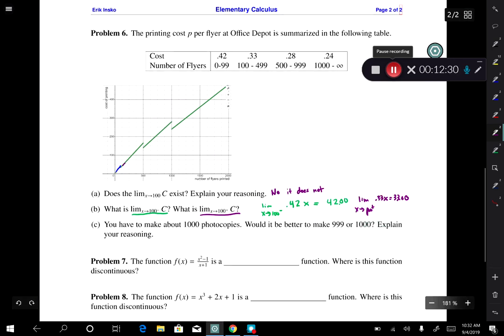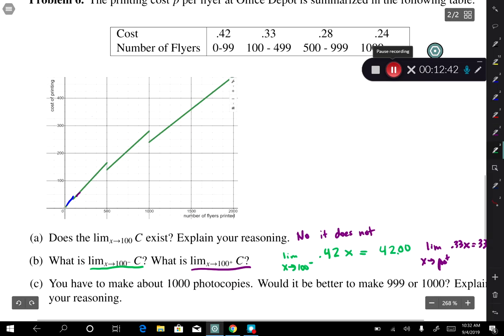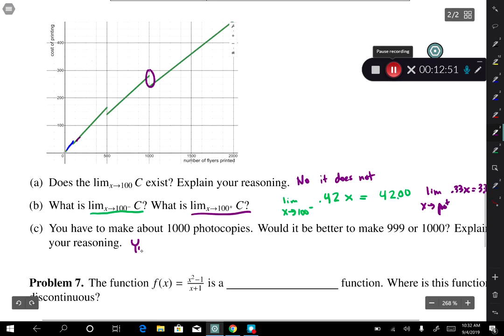Okay, so then you have to make 1,000 photocopies. Would it be better to make 999 or 1,000? Explain your reasoning. Well, it's pretty clear from this picture that you're better off making 1,000 copies because the limit from the right at 1,000 is lower than the limit from the left. So you are better off making 1,000 copies